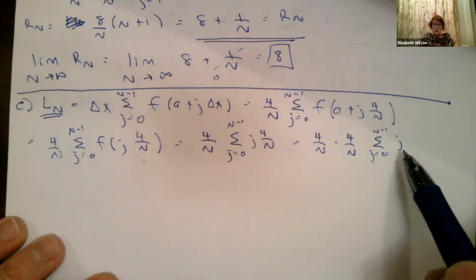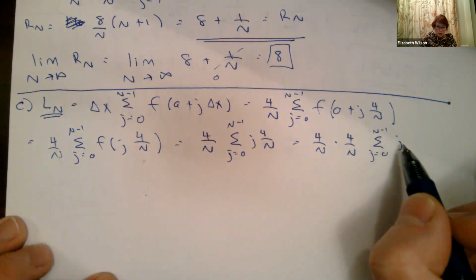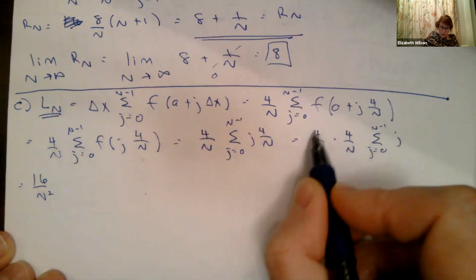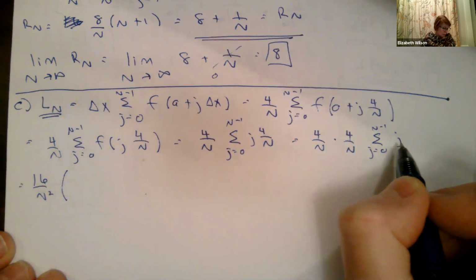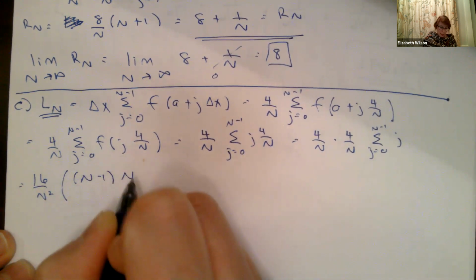0 plus 1 plus 2 plus 3 plus all the way up to n minus 1. Okay, remember we had a formula. We did those power sum formulas for summing up j values. So that's going to give us 16 over n squared. That comes from here. Times, when I just sum up j like that, I get n minus 1 times n